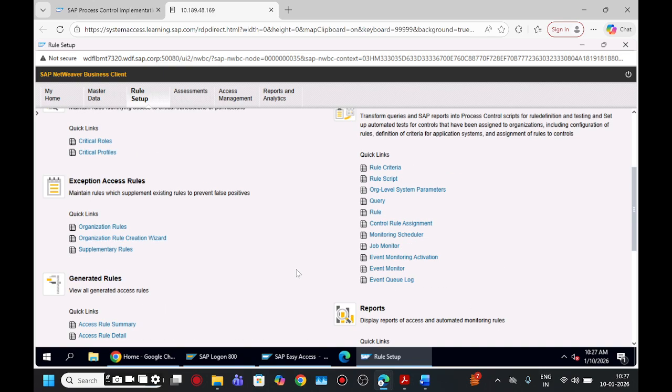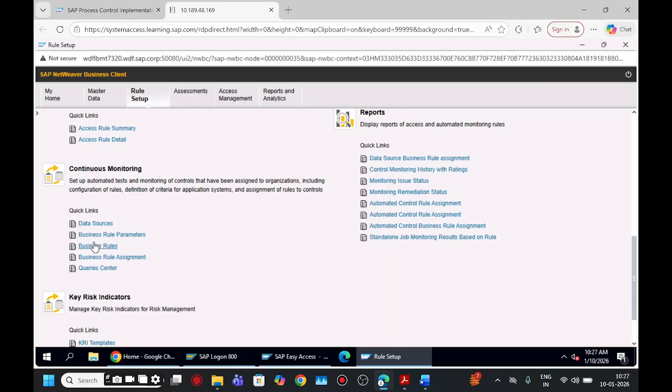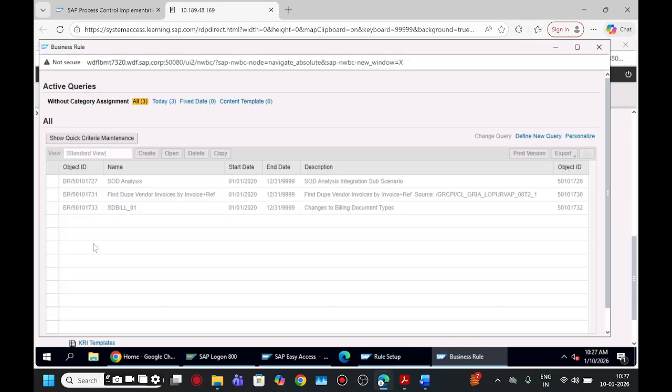So we'll be creating a business rule in this session. Go to the rule setup, continuous monitoring, business rule. Click on create